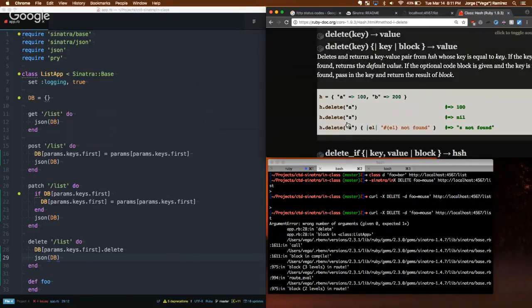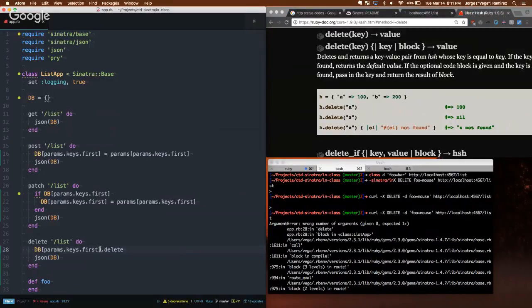Ah, okay. I need to pass the actual key. So this is wrong syntax. Should be